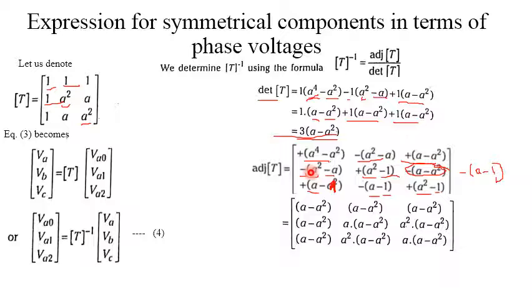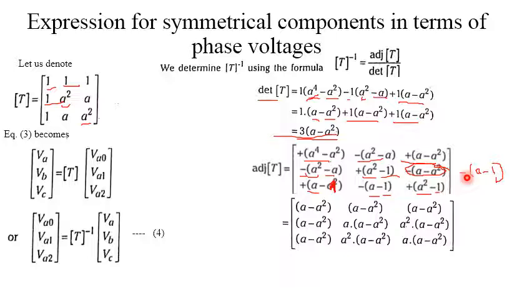So here it can be written as minus a square plus a, so it can be written as a minus a square. Here you just need to see that plus a square minus 1. So we'll take the term a. If it is a, I need to write it as a square to get the 1, because a to the power of 3, a cube, is nothing but the 1.